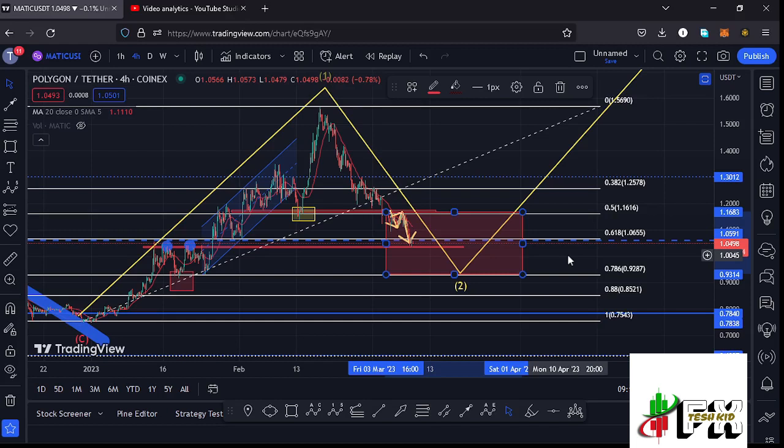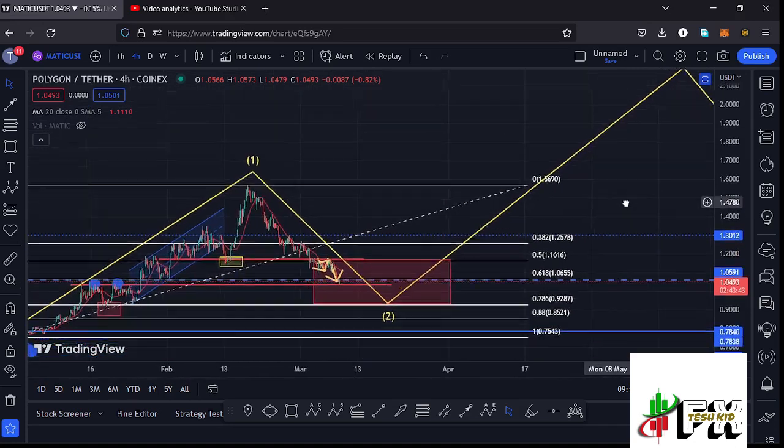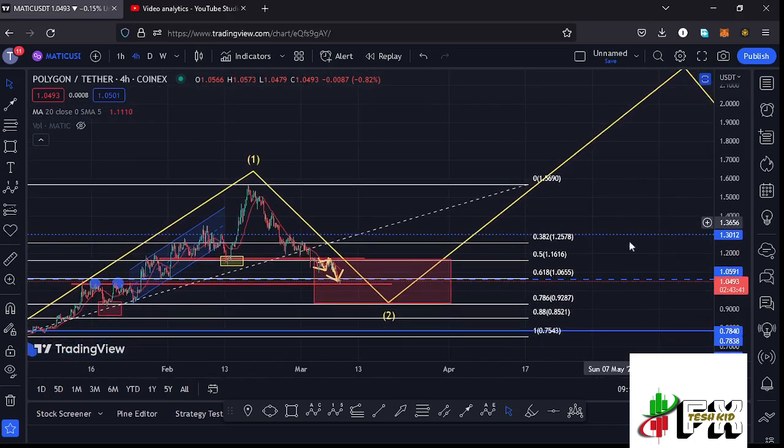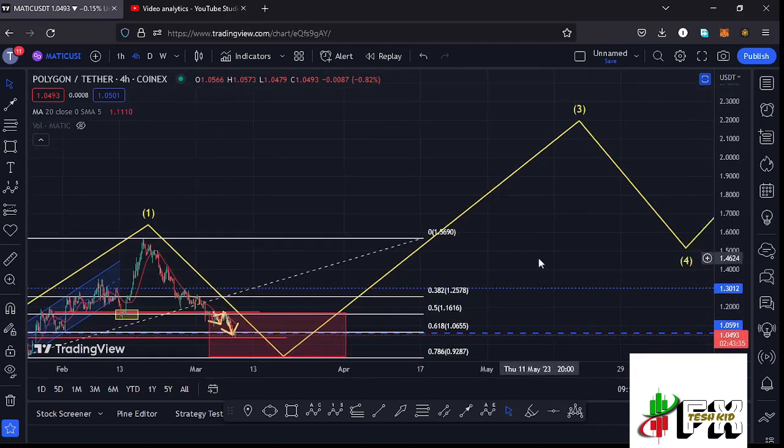And once we see the corrective structure in the formation of this higher Elliott wave count 2, then I'll be expecting an explosive move to the upper side in the formation of this higher Elliott wave count 3, and I believe once the second wave plays out, then that will be another perfect entry to get back into Polygon Matic, so that we can be able to ride that massive bounce to the upside in the formation of that wave